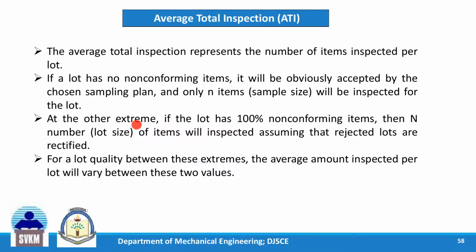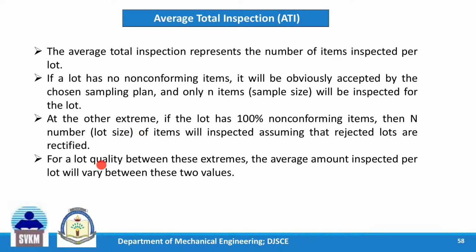900 components will be subjected to 100% inspection, and the defectives are counted, taken outside, and replaced by good products. So inspection is for the complete lot. First the sample of 100 you have inspected, and then, since it was rejected, you inspect the remaining components, 100% inspection for rectification. So that is how it is at this extreme again.